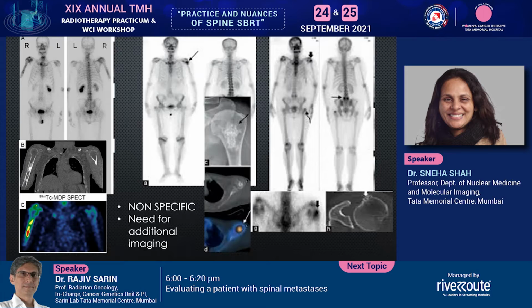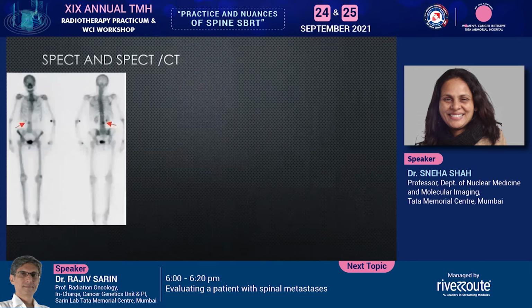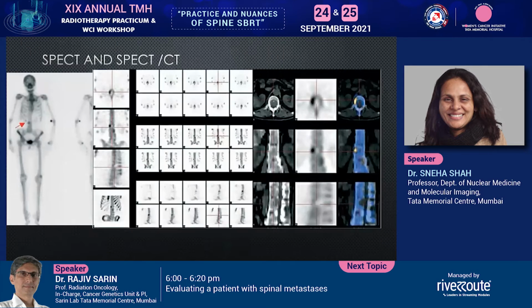So what we know is that a bone scan is very non-specific. It will show increased tracer uptake due to multiple reasons, and we need additional imaging to help identify what that abnormal uptake is. And that's why we come to a term called SPECT, which is the conversion of this 2D image of a bone scan into a 3D image. And we try to identify where exactly this tracer uptake is. We are helped if we add a CT component to it, which we call SPECT CT, to be able to decipher where that abnormal tracer uptake is.